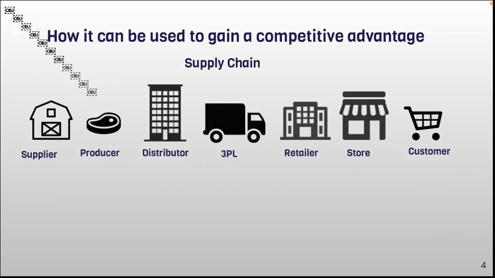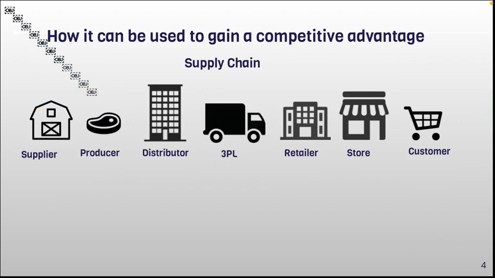Here we have an example of how blockchain can be used to gain competitive advantage. Here we have an example of supply chain. Currently we have companies such as Walmart and UPS, which is a parcel delivery company, that are using blockchain in their supply chain. Here the supplier can be a farmer, for example, and the farmer registers information about the cattle, the cow, whether the cow is free range, is healthy,